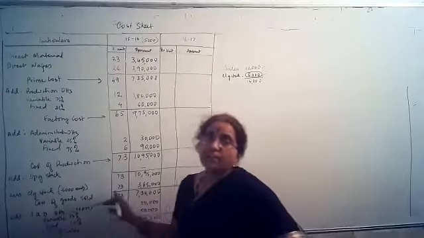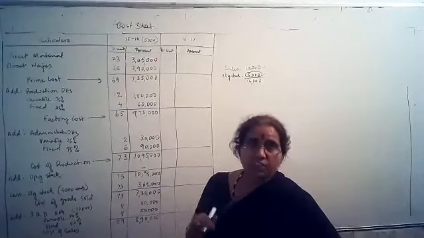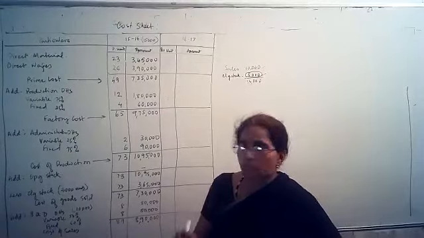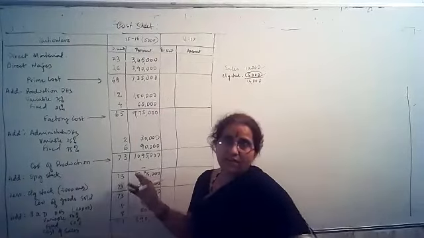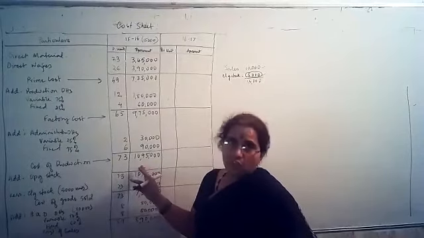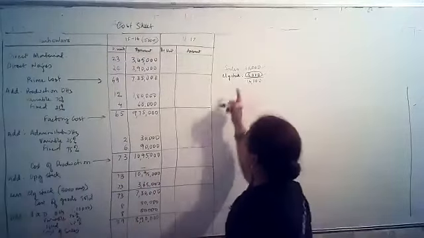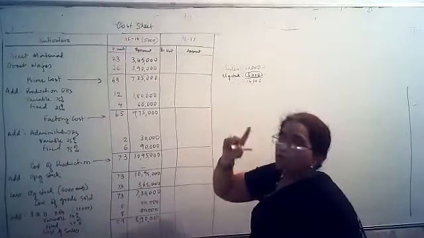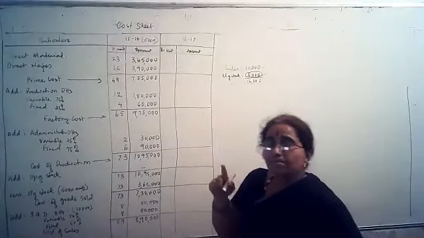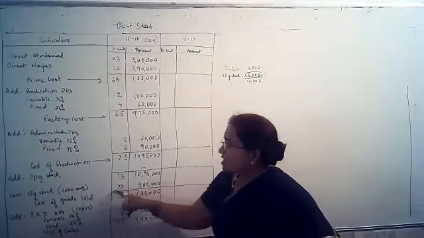At this point, you need to find out whether you have any finished goods, opening or closing stock. We don't have anything. We had started afresh. So there is no opening stock. There is nothing to add. But to deduct, yes, I have a closing stock of 5,000. I have sold only 10,000 units and I'm holding the stock of 5,000. So closing stock is 5,000.